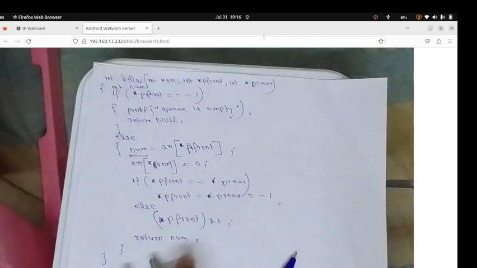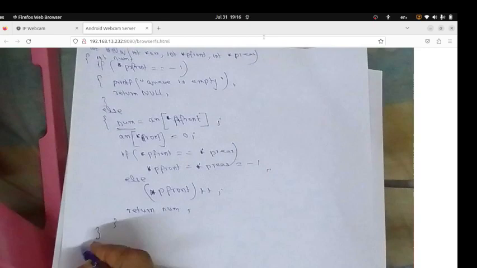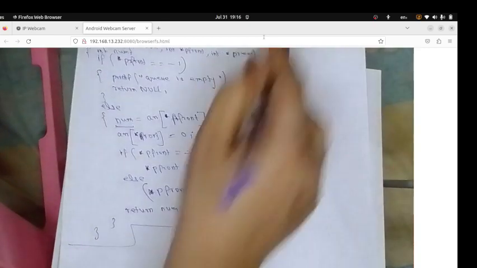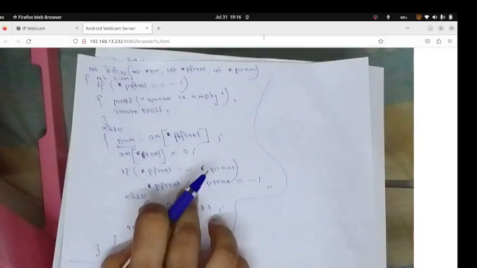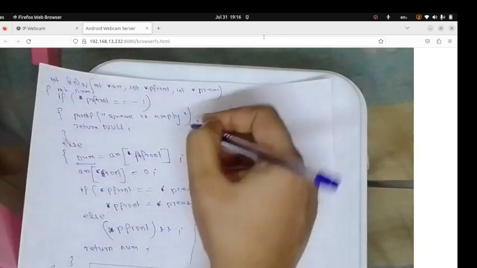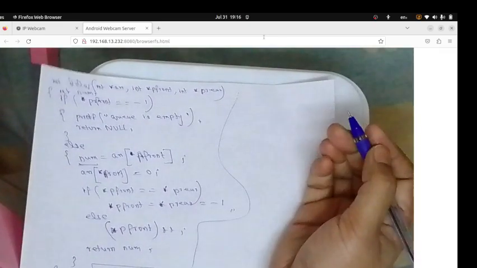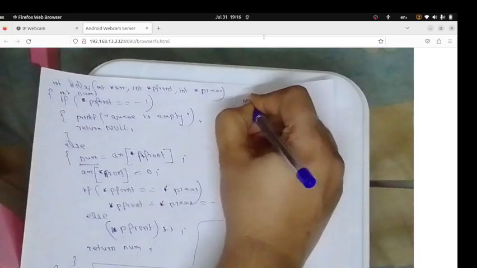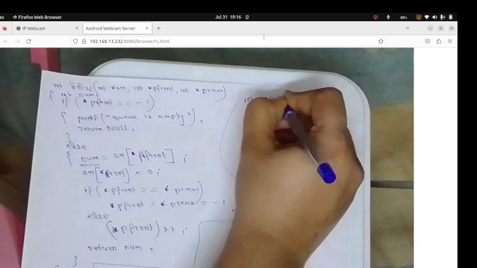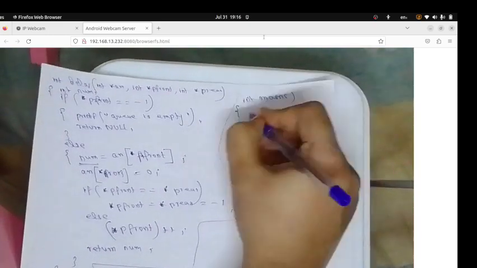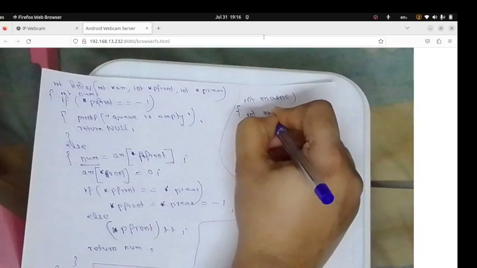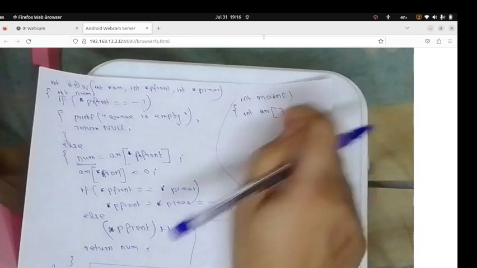Code for deletion. Suppose here is a function which does a deletion operation. But how will this function be called inside a main function? Now suppose the main function is written like that: int main, and here we have an array, and by the insert operation